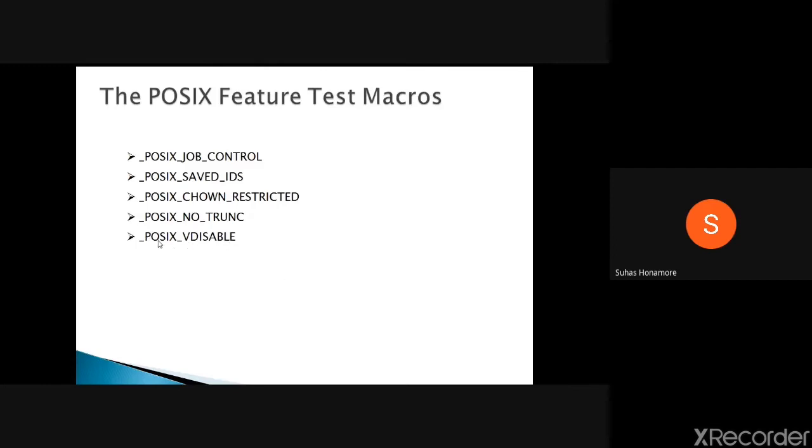Okay, so if it is enabled, this means the macro is defined, and if it is -1, it means there is no disabling character for special characters. Okay, we don't have any disabling character for a special character for all the terminals. So now, how to check these things? Okay, we'll see one C program that will check it. We'll check how these macros are defined or not.